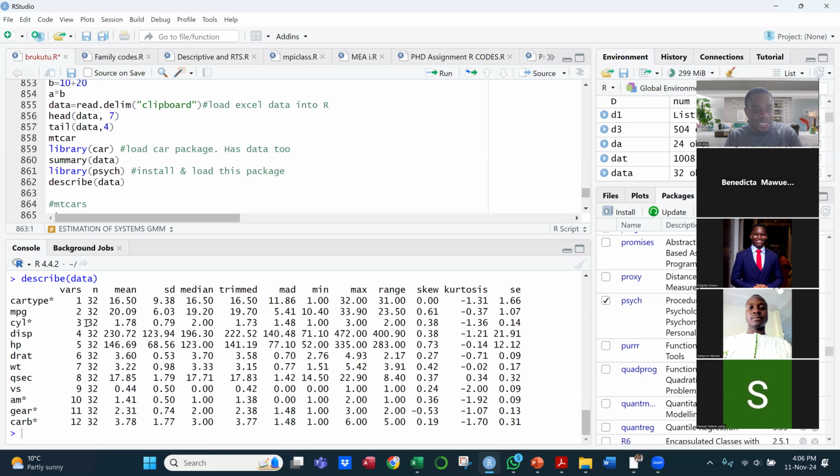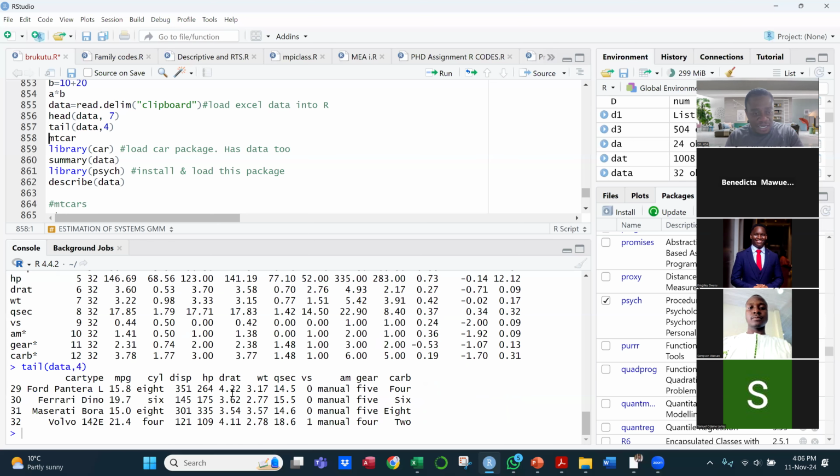We have cylinders. When you check cylinders very carefully, we have 8-cylinder cars, 6-cylinder cars, and other cylinder cars. You can even do what is known as a